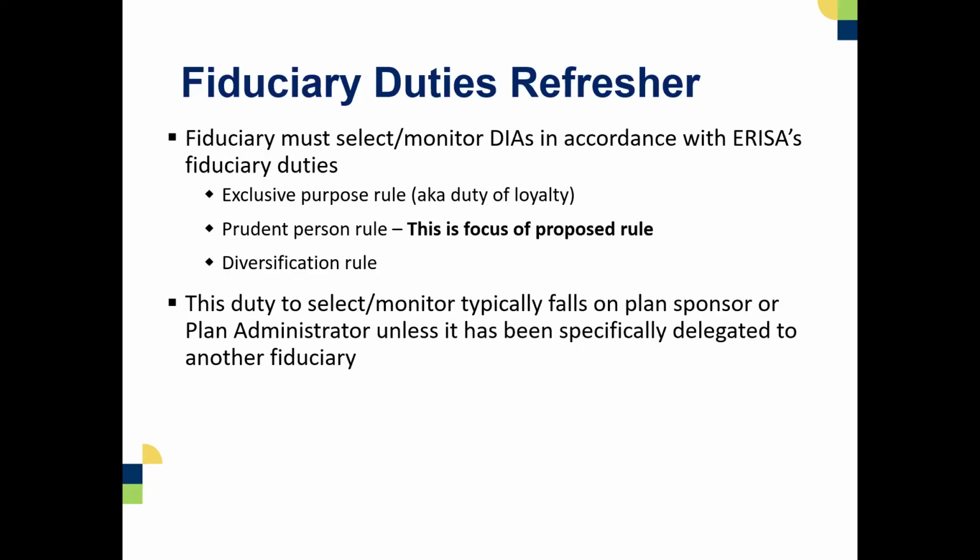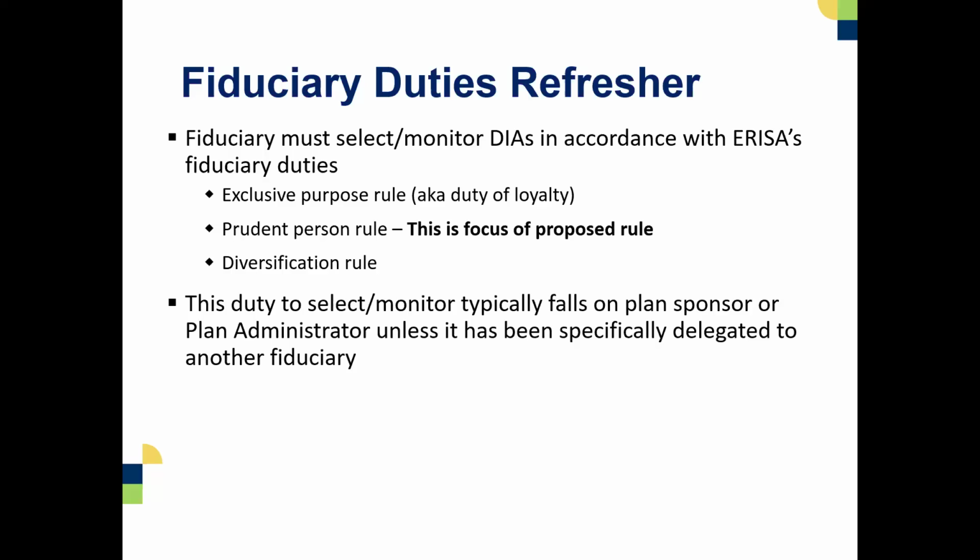So if I'm a fiduciary in a 401k plan, when I'm selecting the plan's investments, I have to satisfy the exclusive purpose rule, that's also known as the duty of loyalty. I need to satisfy the prudent person rule as well as the diversification rule. So just to touch on the diversification rule and the exclusive purpose rule, first of all, that exclusive purpose rule,